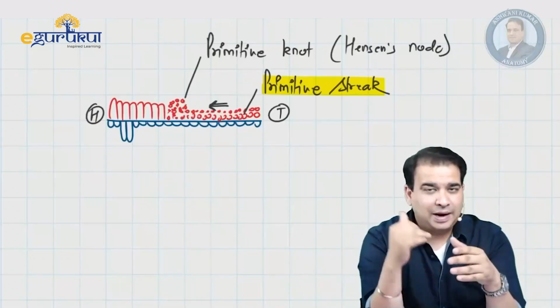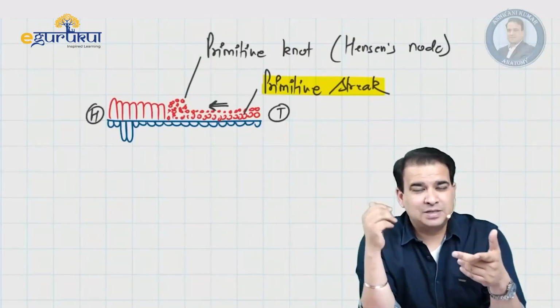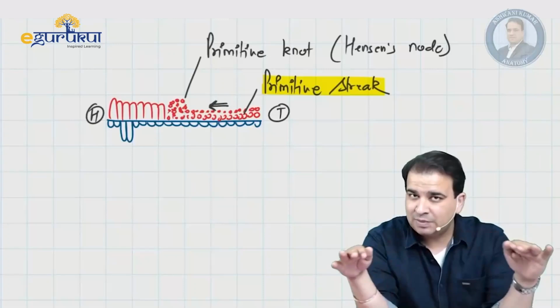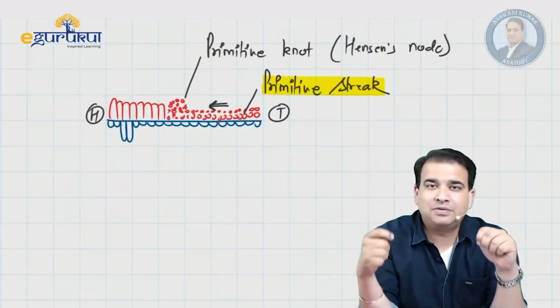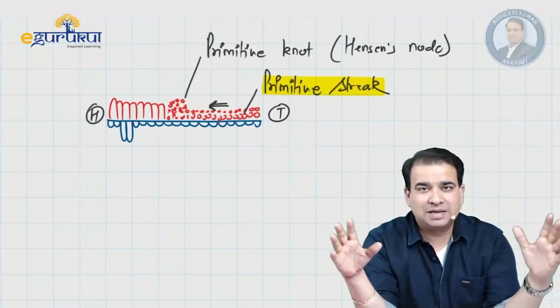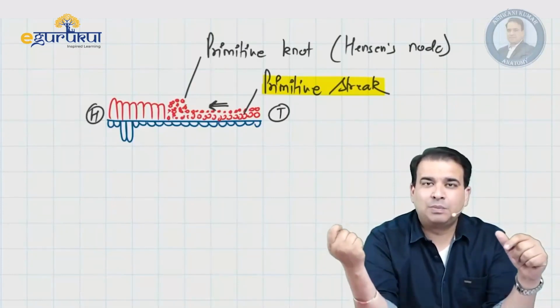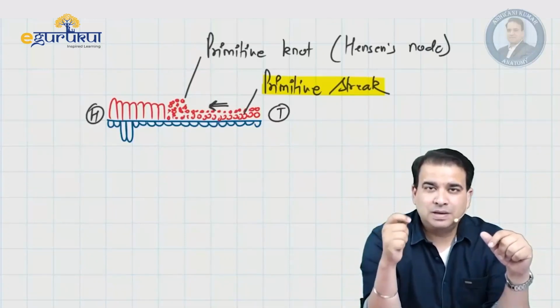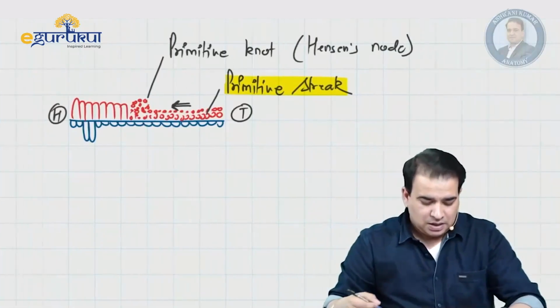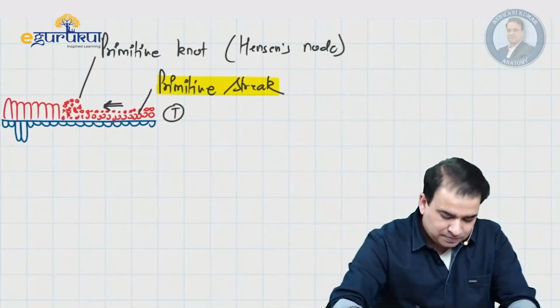And the primitive streak itself is present in which layer? It is present in the epiblast. So they are also going to replace the cells of the epiblast and will give rise to the definitive ectoderm also. That means all the three germ layers are derived from where only? From the primitive streak, and the sequence will be the first is endoderm, then it is mesoderm, and then it is ectoderm. So the primitive streak,